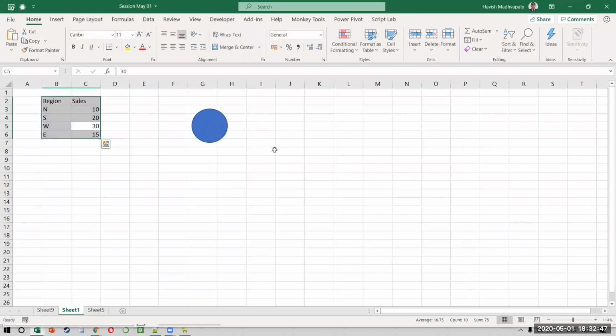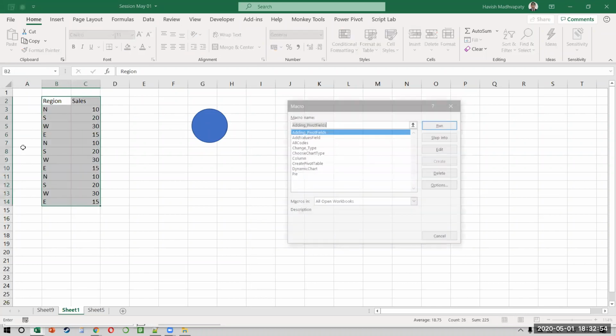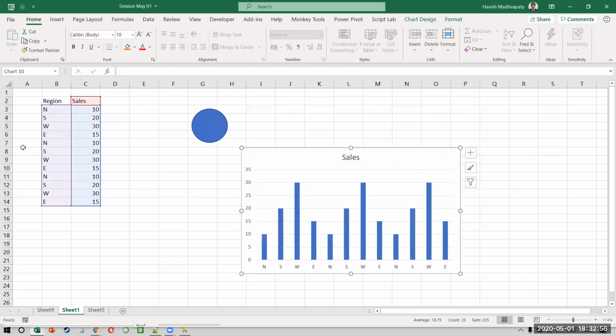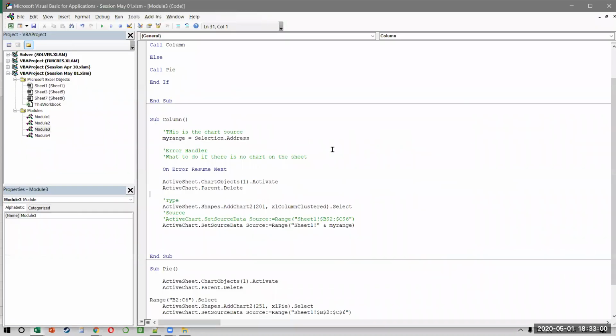Let's see if it works if my data set is larger. So I just copy and paste this and put it one more time. I can select my data, run my code called column, and it still works. Okay. Like this. Right? See, so whenever you write a code, everyone, this is a very standard process.